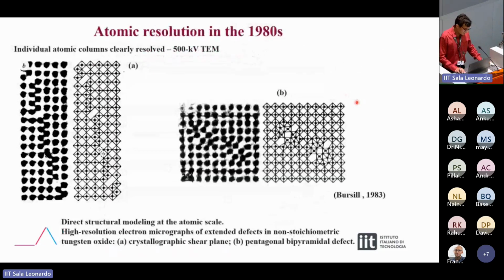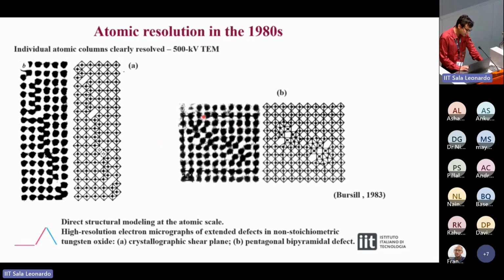So in the 80s, people were frustrated about how we can achieve aberration correction, because there are aberrations in the lenses. So they thought, why not go to higher voltages? Because as we go to higher voltages, the electron energy increases and the wavelength decreases, so we can expect a better resolution. So here in the 80s, this is an image taken by a 500 kV electron microscope, and it's tungsten